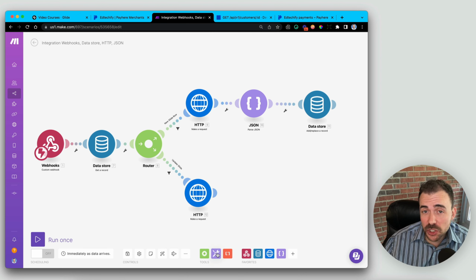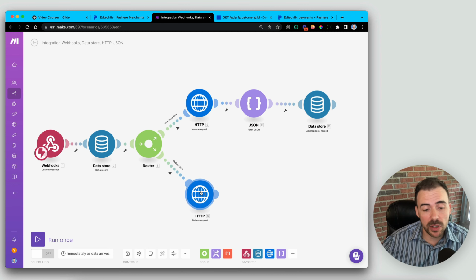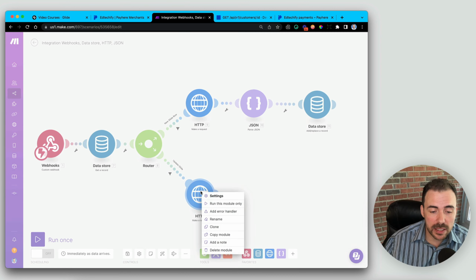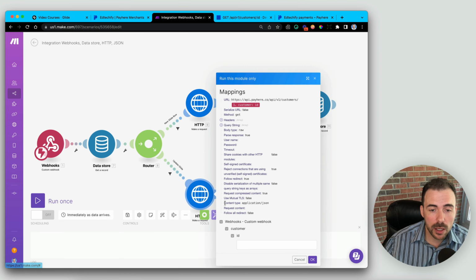Now, in order to leverage those tools, we actually have to make that request so we can configure it later. So if we right-click on this HTTP make a request, we can run this module only. And here you see it's waiting for the customer ID. We can find our customer ID back in Payhere. Remember, we already ran it once to configure our webhook, which means our customer ID has been created on the